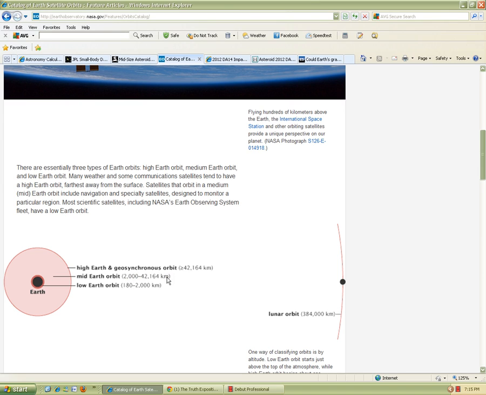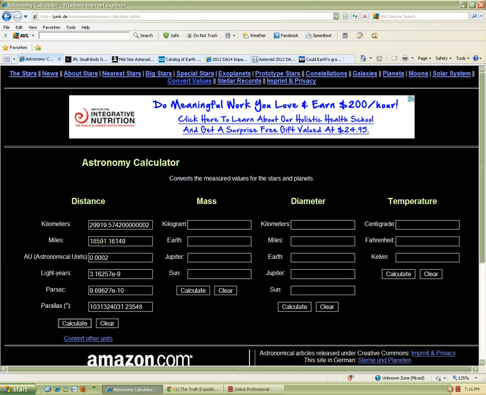Now, let's deal with the mid orbit for a moment. 2,000 kilometers converted into miles is 1,242.74 miles. And the 42,164 kilometers converted to miles is 26,199.49 miles. Because of this calculation, again, I hope I'm right with this, but if this calculation is correct,